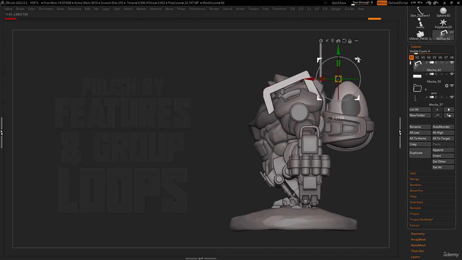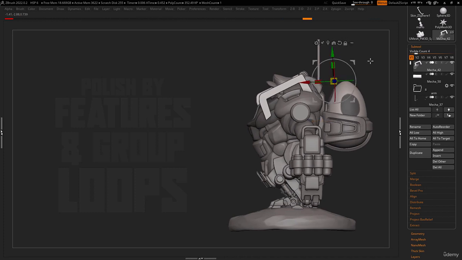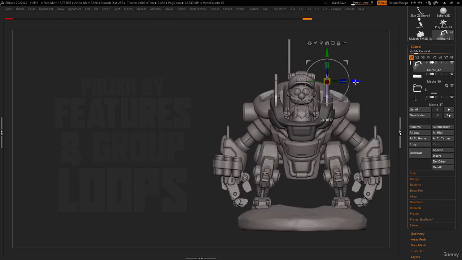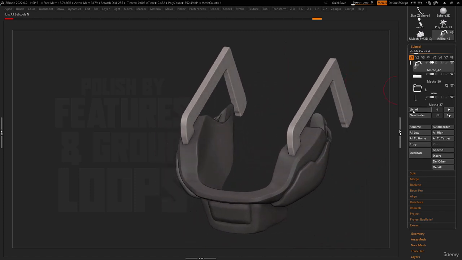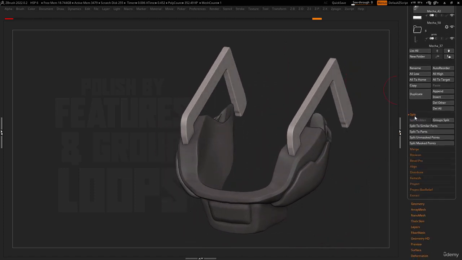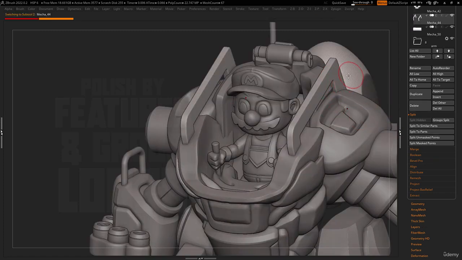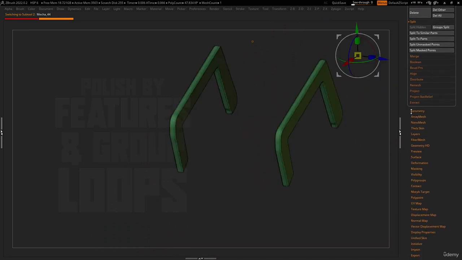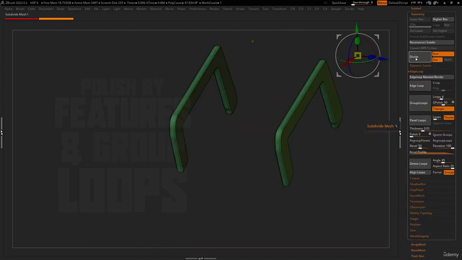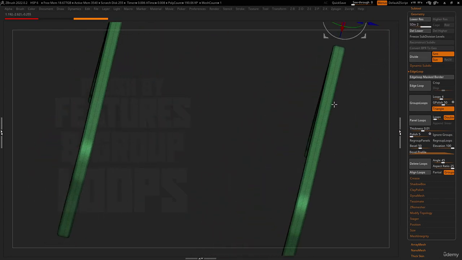That's looking pretty good. I'm just going to move that into location and give it a rotate from the front view into position. Alright, I like that shape thus far. Let's add a little detail to this rail. I'm going to go ahead and split unmasked parts so that the rail is now on its own subtool. Now let's do a little bit of work on this. I'm going to hit divide to subdivide and add a bit more geometry,